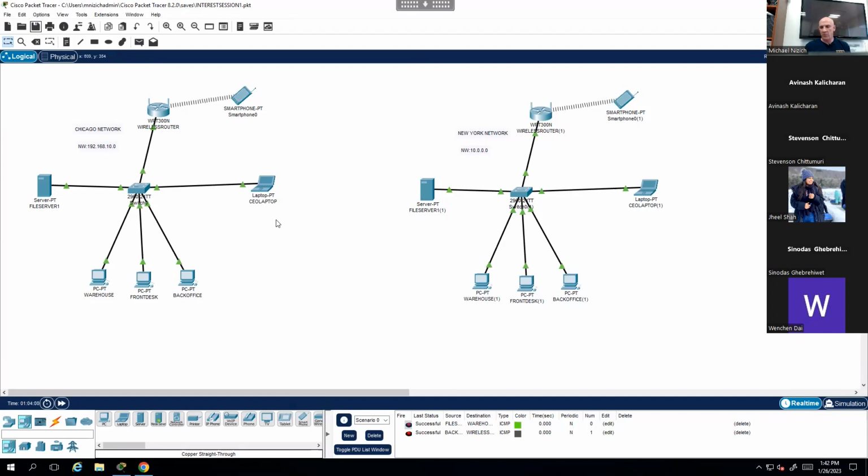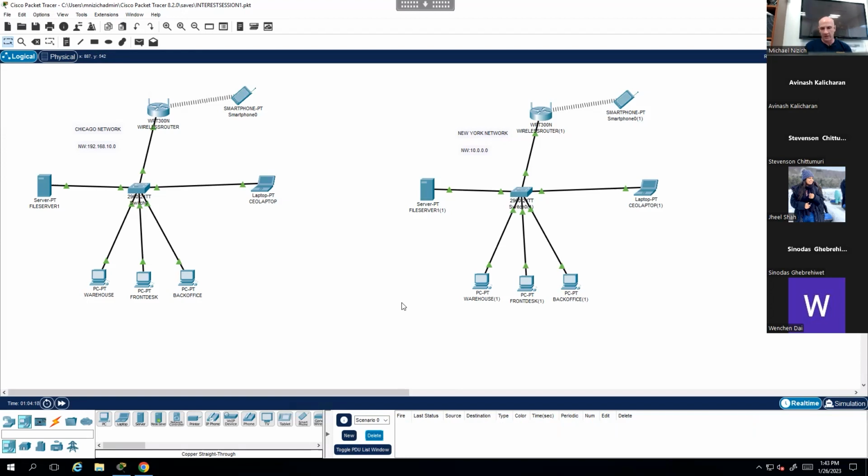And we need to set up what we call a wide area network, okay? Both of these networks are extremely functional as is, and they're super productive, but now we have to get them to share data, right? This is a very, very common task and network administrator